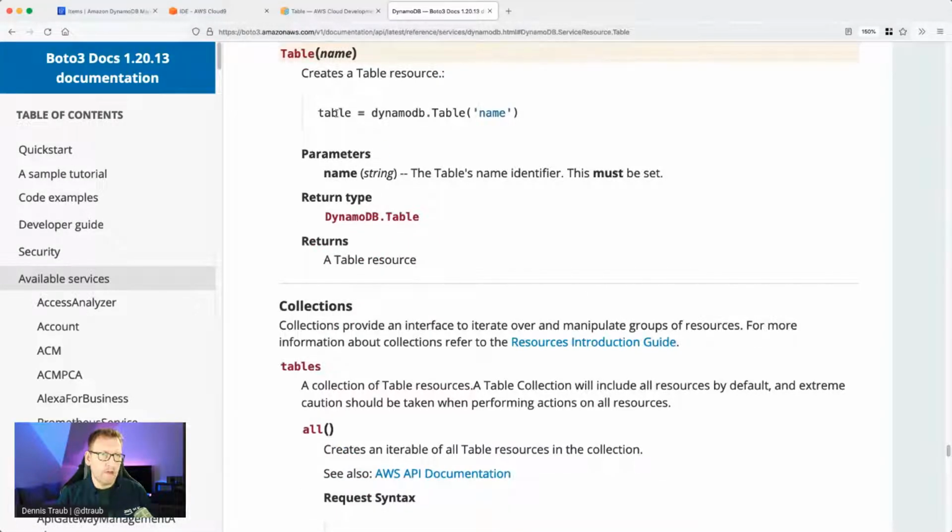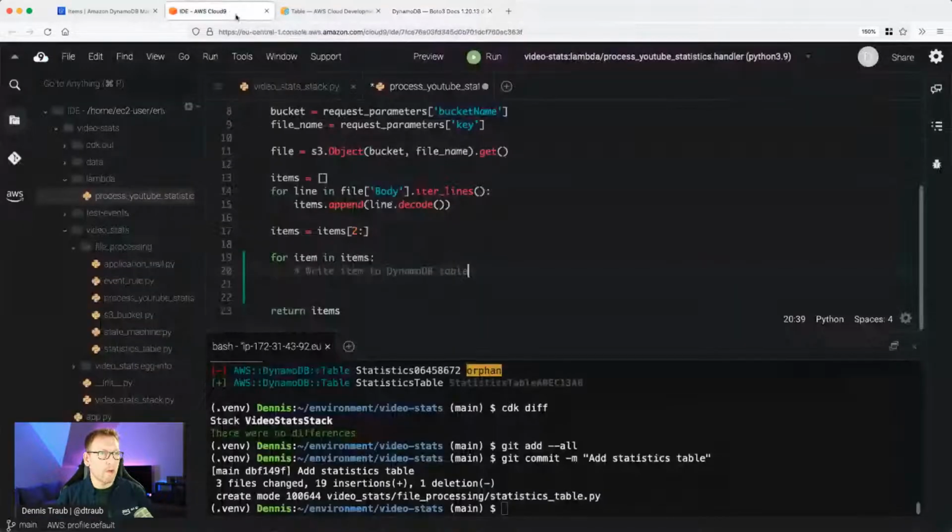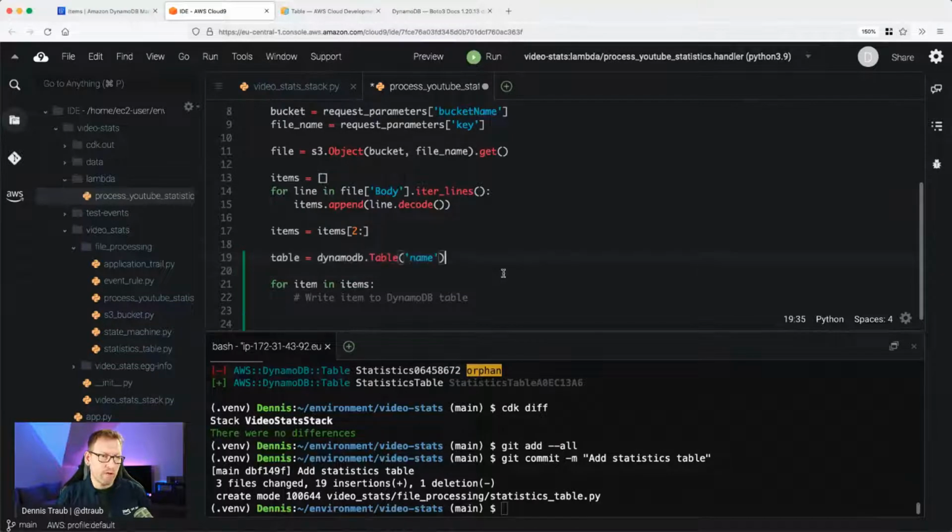We create the resource to work with it just by giving it the table name. So all we need to do is really table DynamoDB table name. Here we go. And this is going to be interesting. So our table